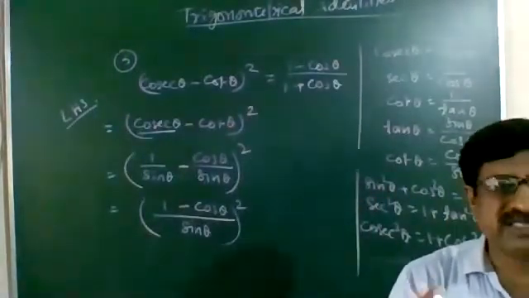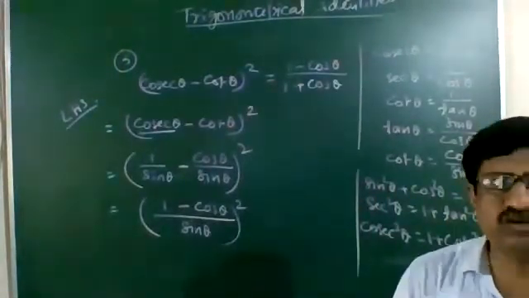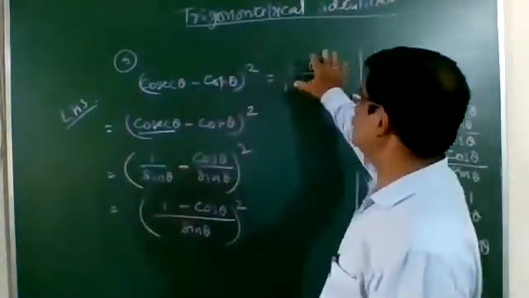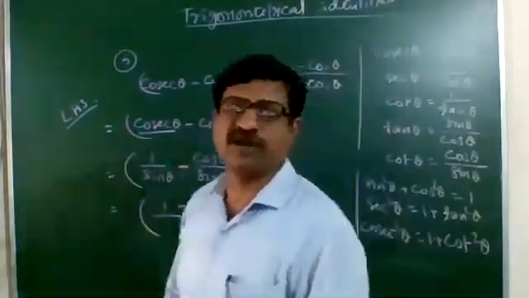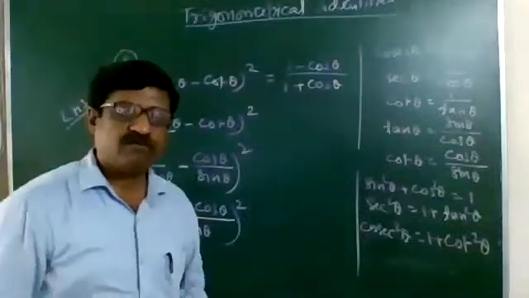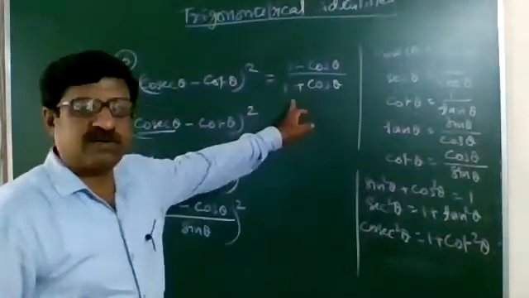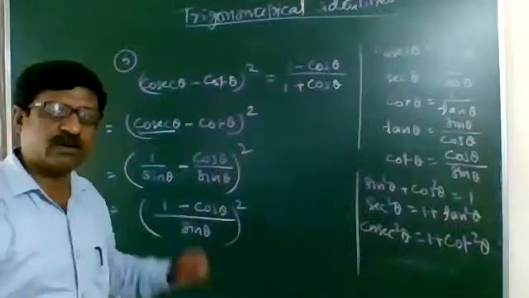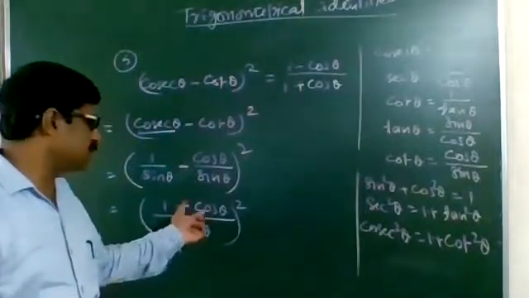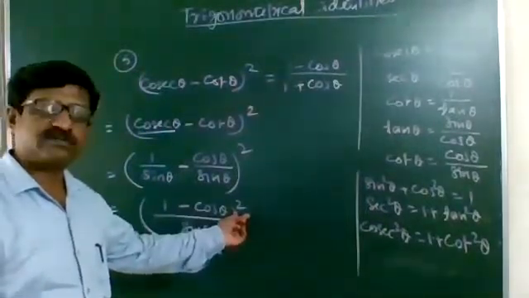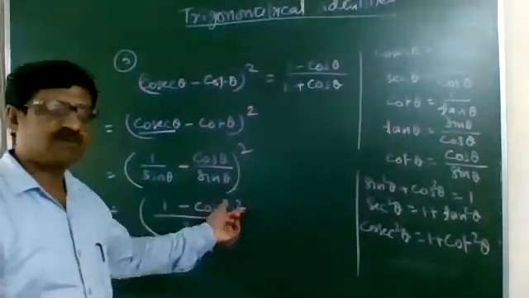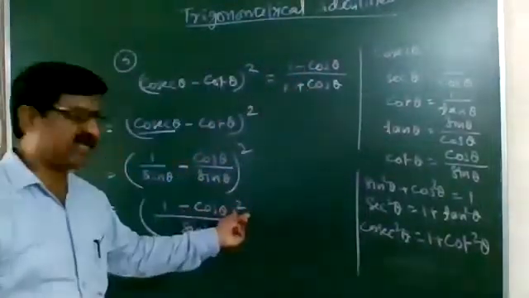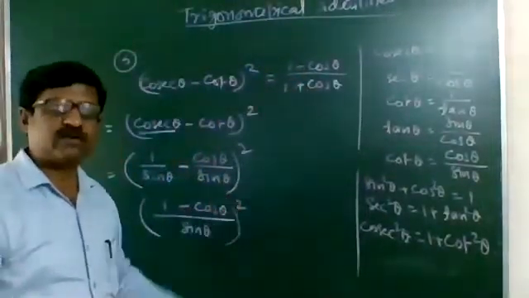In between, just see your aim, where you want to reach. You have to start from this side and get the answer as 1 minus cos theta upon 1 plus cos theta. To get that, see if any of the steps you got is nearby or not. We got 1 minus cos theta, but here we got a square. One 1 minus cos theta is required in the numerator, we are getting that, but we are getting the extra square. Therefore, we try to cancel the square.